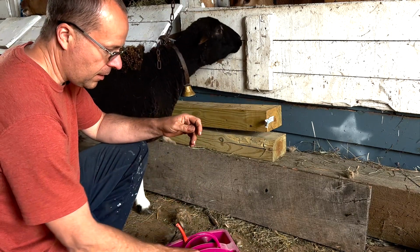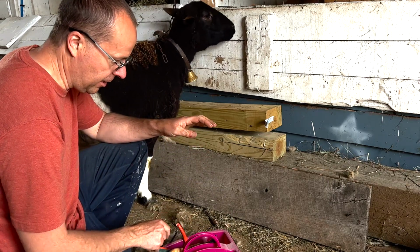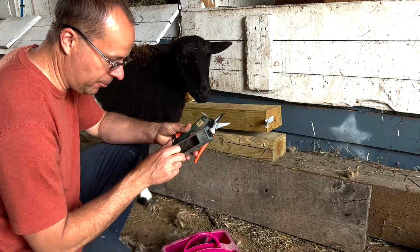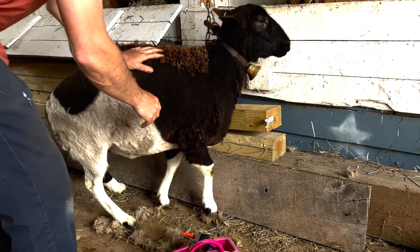And then we've got this right here, which I don't use this knife too much, but I do use this plane occasionally when I'm done. So you can pretty much do everything you need to do with this and this, but this makes it a little bit more. So with Violet here,